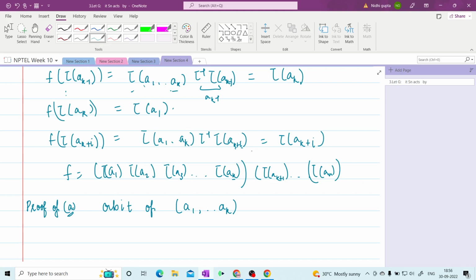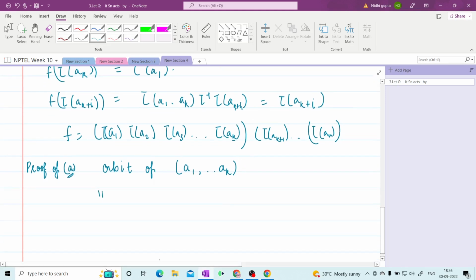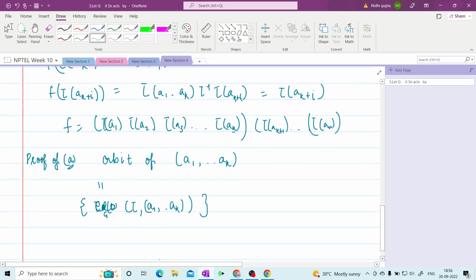The orbit set is by definition tau dot, this is under the group action, so basically tau and this, all possible images. And from our lemma